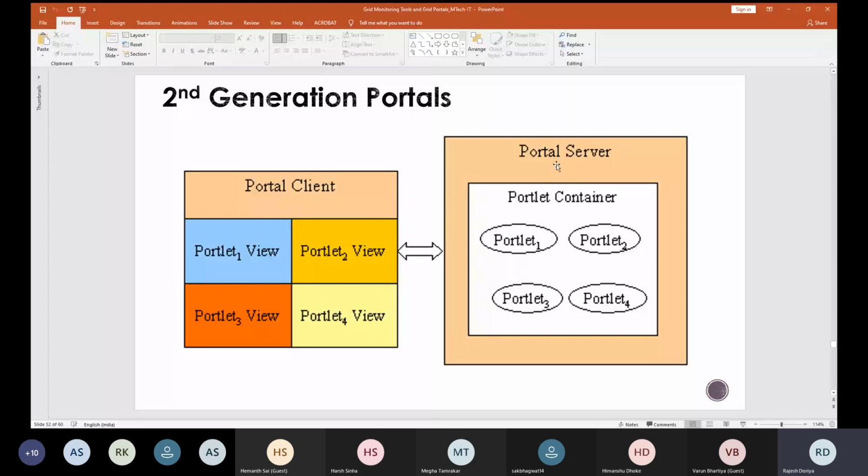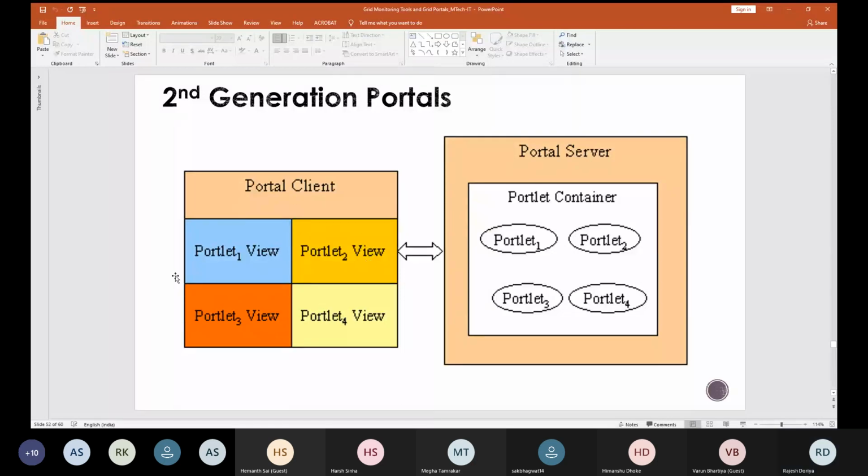So all the requests can be represented in a number of portlet views. Okay. For example, over here one can see the CPU utilization. Here one can see the memory utilization. One can see the resources which are engaged. One can see the resources which are free or which are being used by a particular organization.